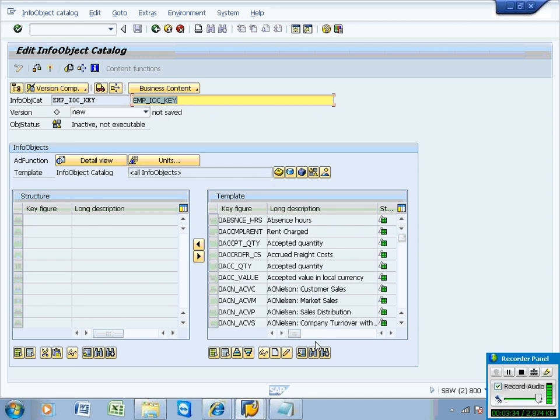Say you are a sales manager where you are authorized to see certain information only. Then that info area should not be assigned to your role. Instead of assigning the info area, whatever reports are really required, only those reports should be assigned to your role. So the info area will give you wide open access at the time of defining the authorization.